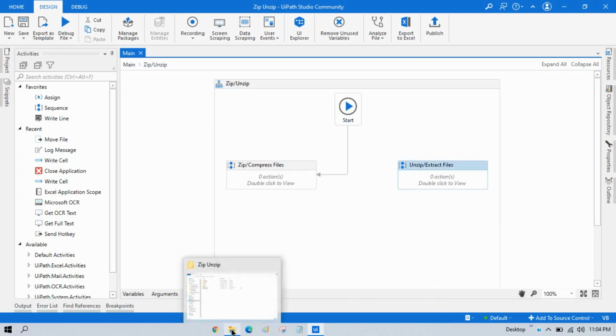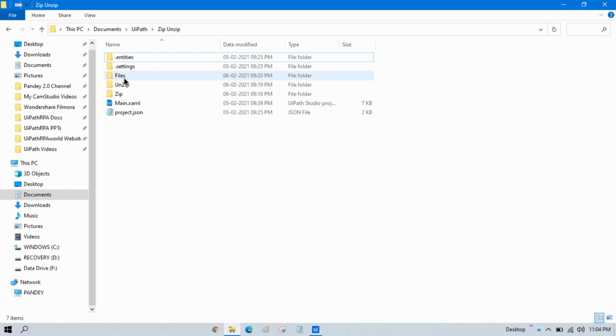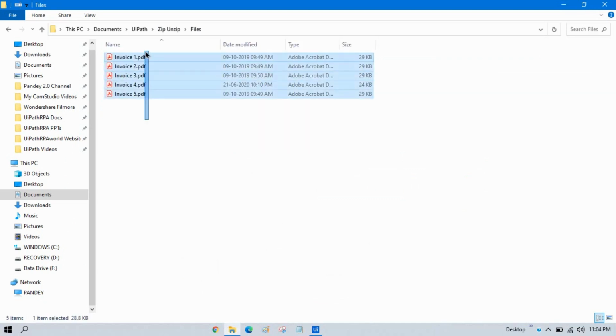First, here you can see I have taken a files folder in which I have 5 PDF files. Zip means we want to compress or combine all these files into one file, that is called a zip file.